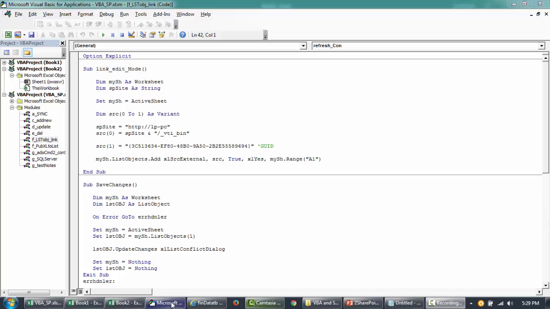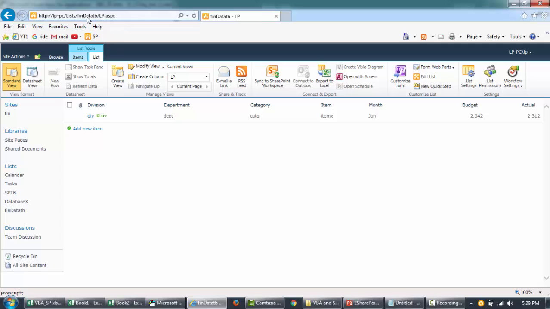So in our last video, we talked about how to create a list, and we have created a list called fin.data.tb. That is basically our SharePoint list, where we'll be writing the data to SharePoint and then retrieving it from there as well, and then doing updates and deletion and other stuff. We also explored how to find the GUID, which is basically an identifier, and then we'll be using VBA to pass the string and the connection, and make a bridge between Excel and